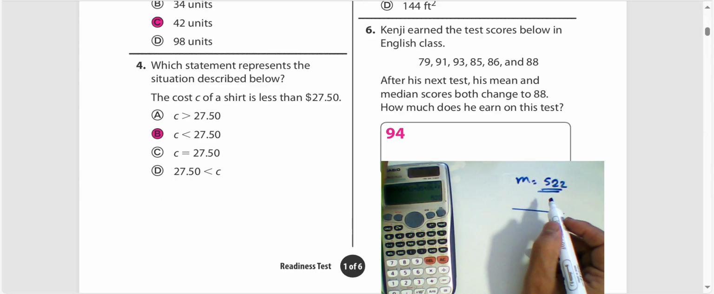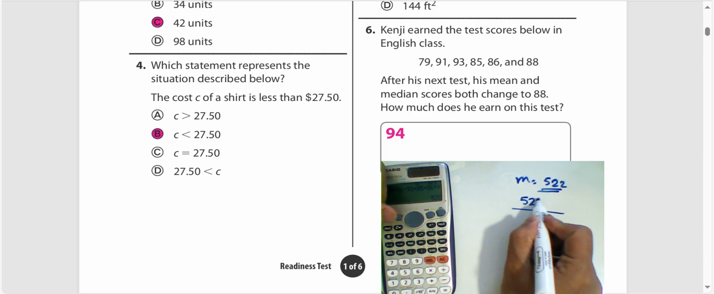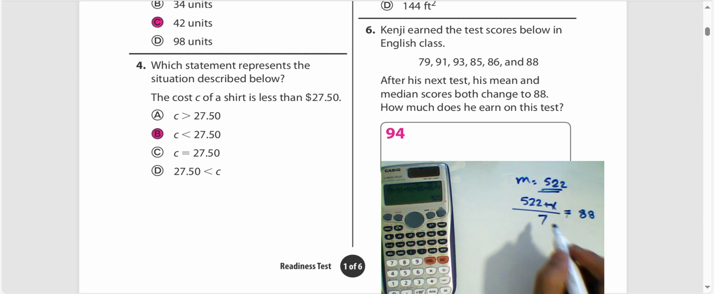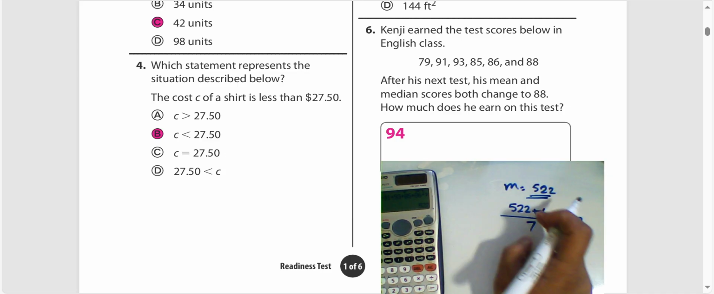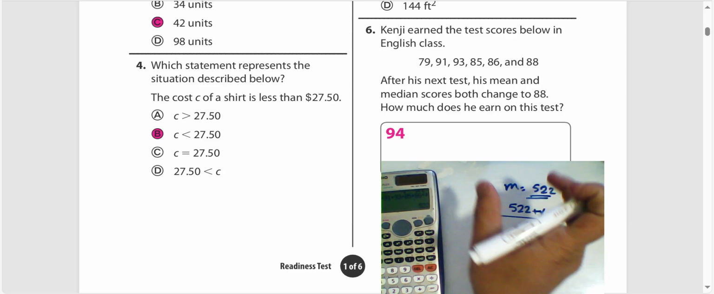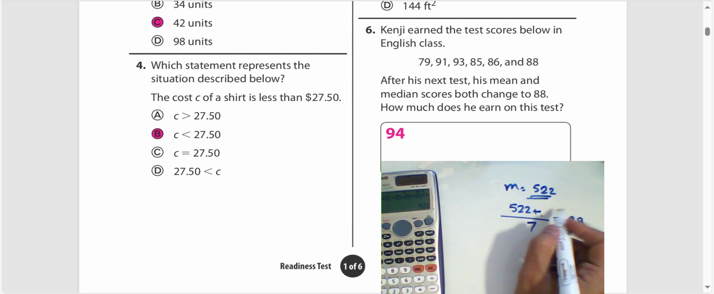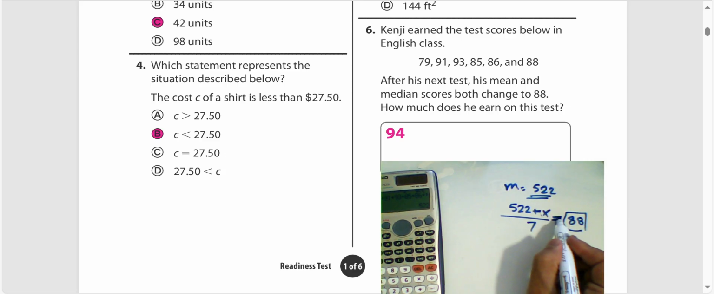If we add the new degree like x, 522 plus x, divided by the total number will be 7. The new median will be 88. He tells us an example. When we add the new degree like this, x, we have 6 degrees. We add the new degree x, then the count of numbers will be 7. In this condition, the median will be 88, and then we can write